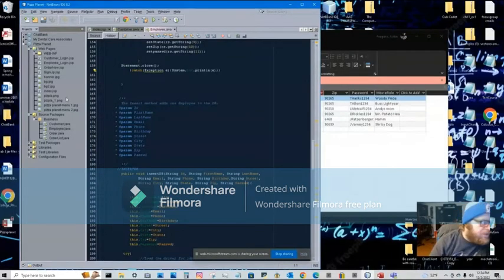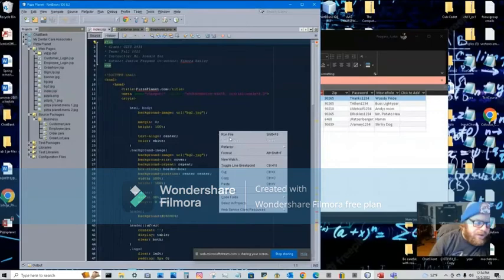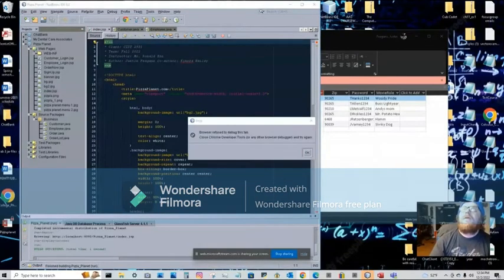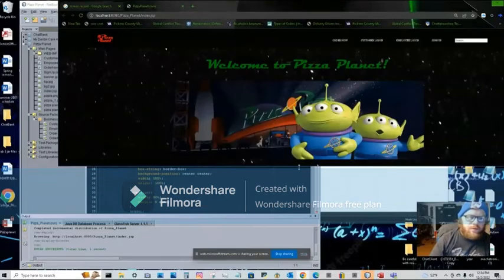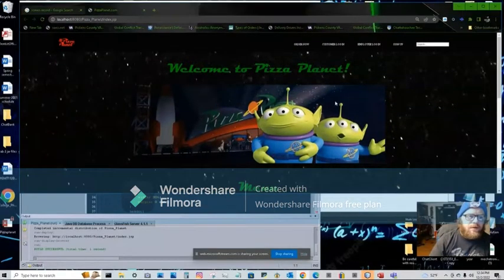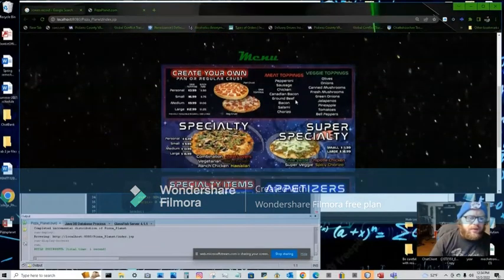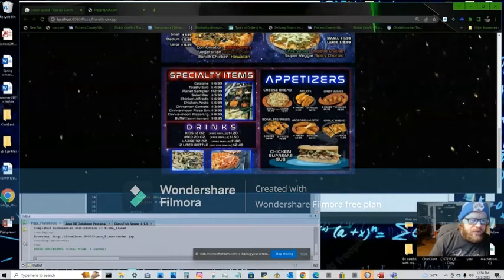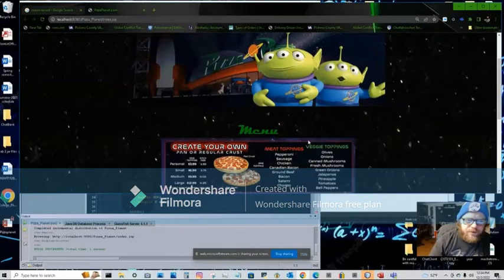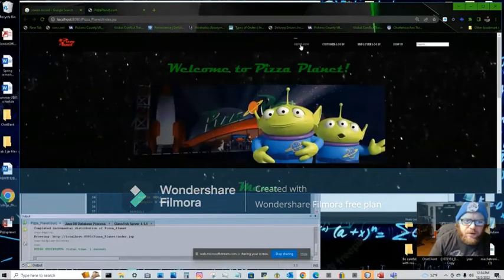And let's see here, and this is basically what the website looked like. Oh, there it is right there. We can run that. So this is what it looks like. And we had it so that these were the menu items, and you have drinks. There was a lot of good pictures,